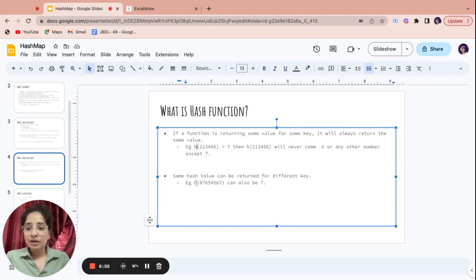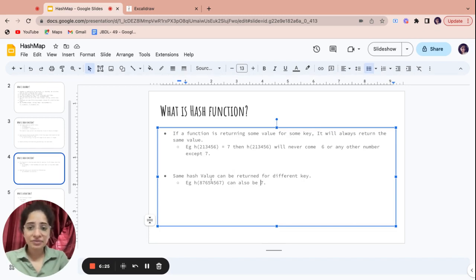And the same hash value can also be returned for a different key. Let's say there is another key, 87654567. When I'm performing the hash on this key, I can also get this 7. This is the case of collision. We'll see how collision is maintained.